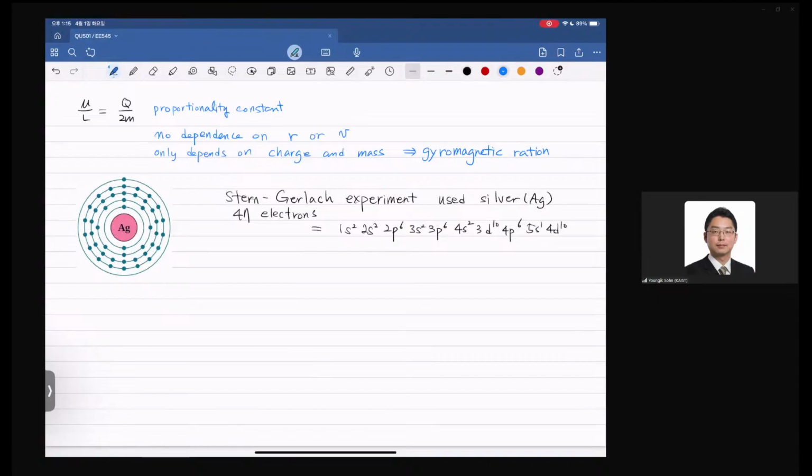And then the outermost electron is this one, 5s1. So this is the electron in charge of